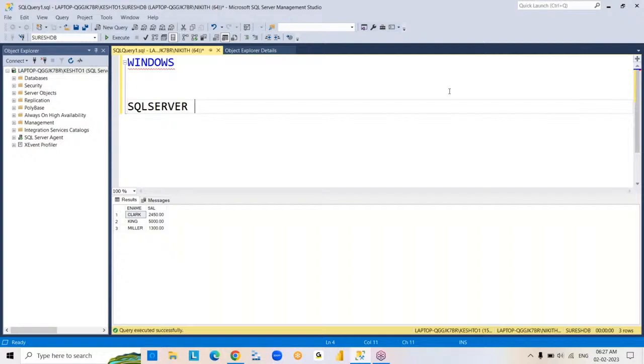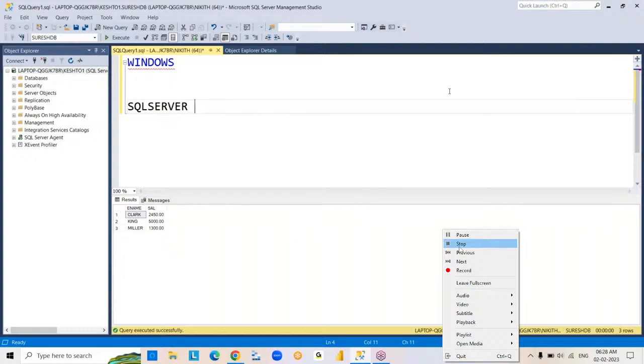Right. Coming to SQL Server authentication, it can be used for local connections and remote connections also. And while connecting to Management Studio, SQL Server authentication asks for